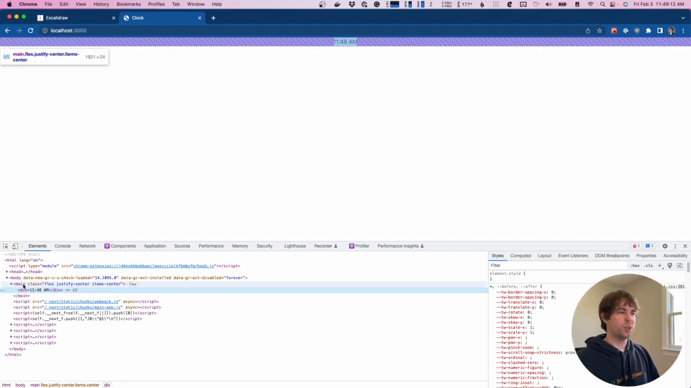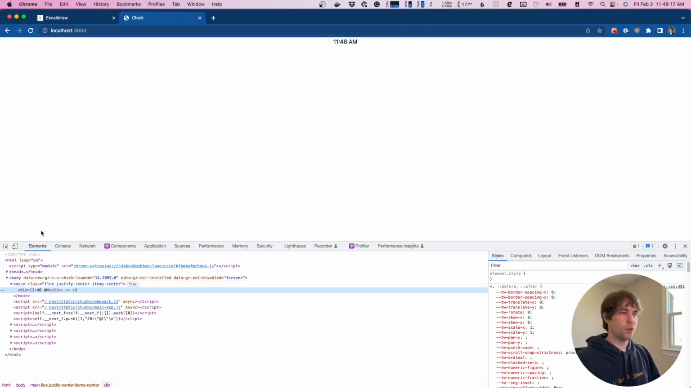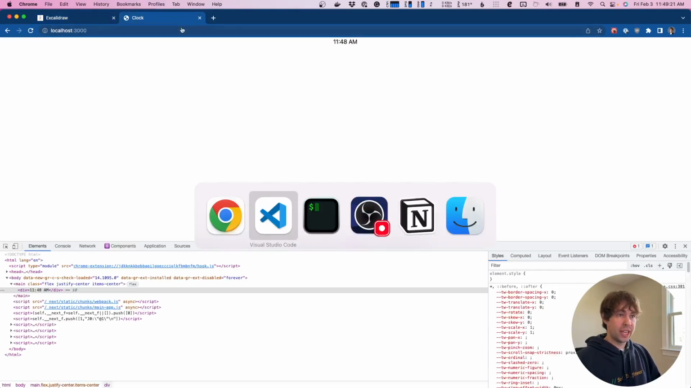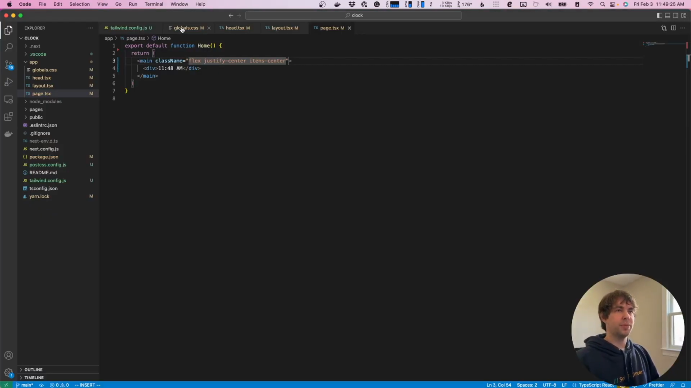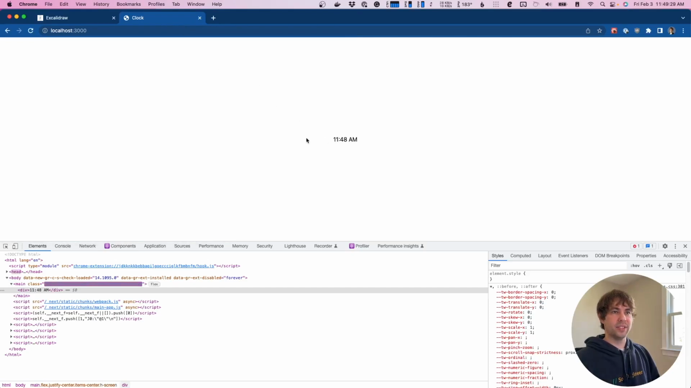And so what we want to do is tell the main element, well, we actually want you to be the full size of the screen. You can do that with height 100% if all of the parent elements are also height 100%. But another easy way to do that is to just mark it to be height as the screen. And now we have our time in the middle. So